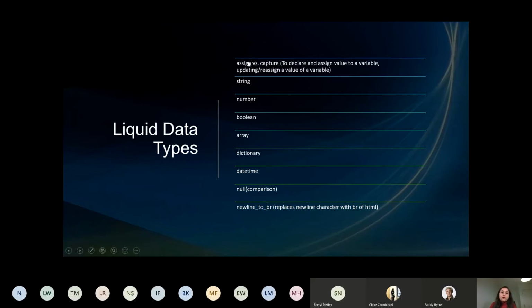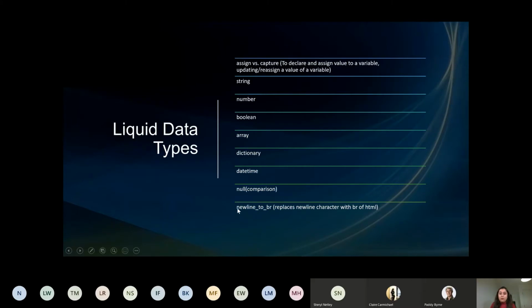So what is the actual difference between assign and all these specific data types? Whatever kind of value we assign to a variable using the assign keyword, it assumes that this is a string. If you assign a number, it assumes that it is a number variable. But if you assign a specific type, definitely it's going to be for that specific type. So the majorly used data type is assign in the Liquid language. Capture is not that much used, but we'll see the use of this as well. And then we have all the normal data types. Then we have null for comparison, to check if the value is null or not.